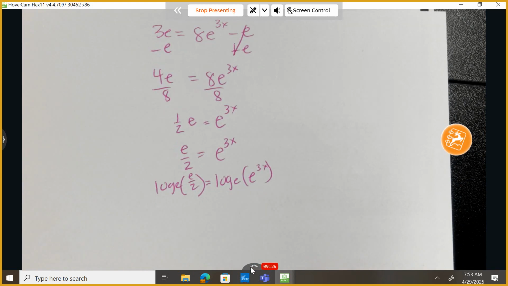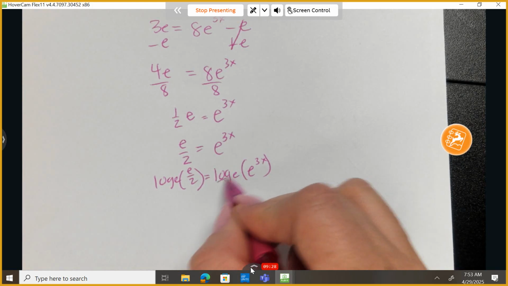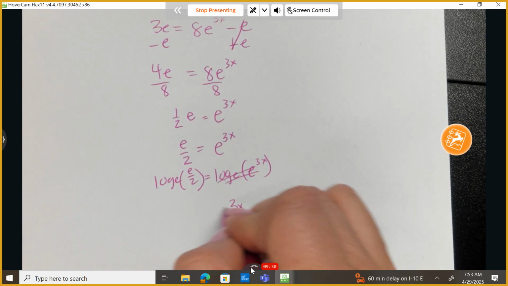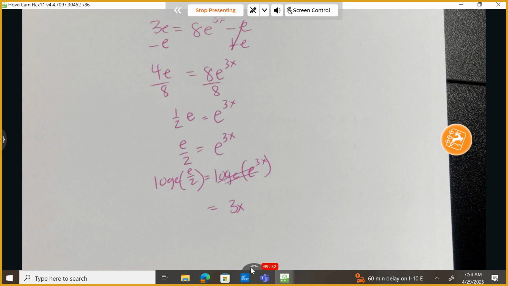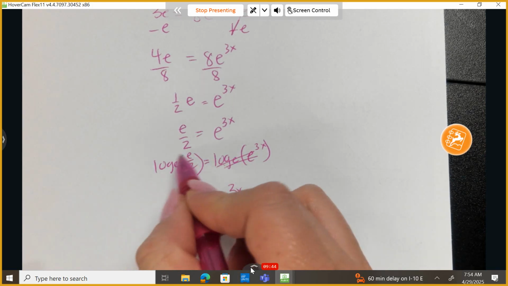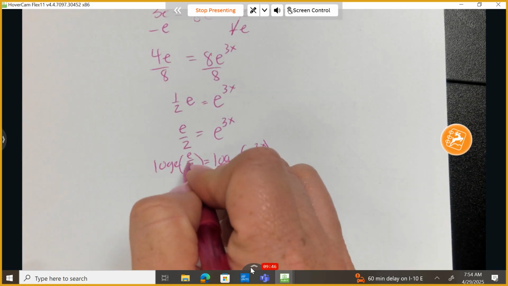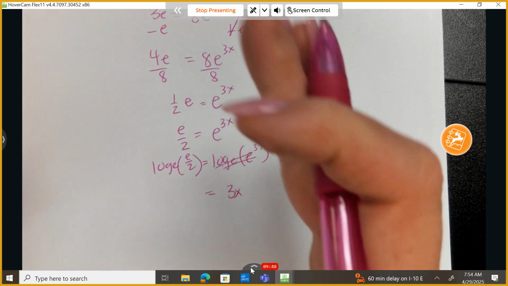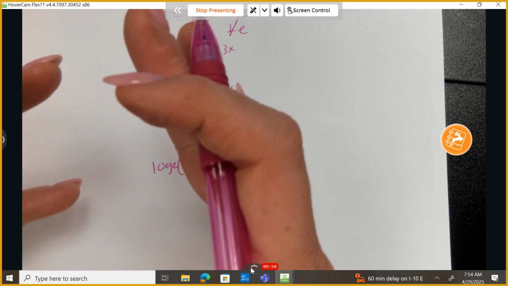Now on the right-hand side, these are going to be eliminated, and I have 3x equals, and again, we can go back and write this as ln. That would be just fine. I'm just making sure I'm not making any mistakes here. I'm feeling okay. So right now I'm going to take this and expand it. Remember, when you condense it, subtraction turns to division,